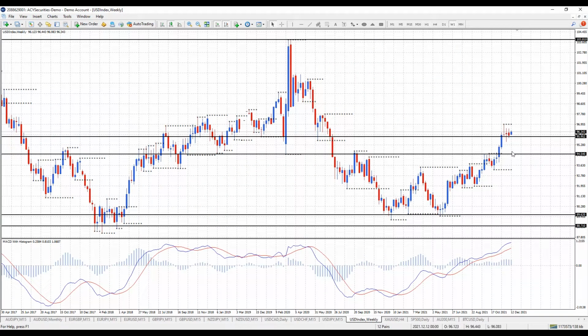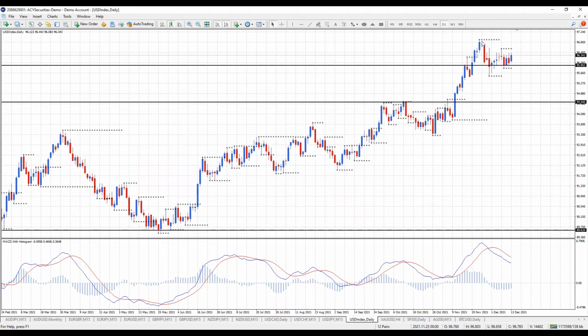Weekly, high tops and bottoms, and even though we've had a week of a pullback, it's holding on top of old monthly resistance, now becoming potential support. So that's all looking potentially positive for a few more weeks up here. MACD's clearly retaining its bullish nature there. It's not crossing down on the daily. So what we're seeing is a minor pullback at the moment, but it is holding on top of that old monthly resistance, now being supported at 95.95. So whatever we're holding above this level, there's a potential for this to move further up.